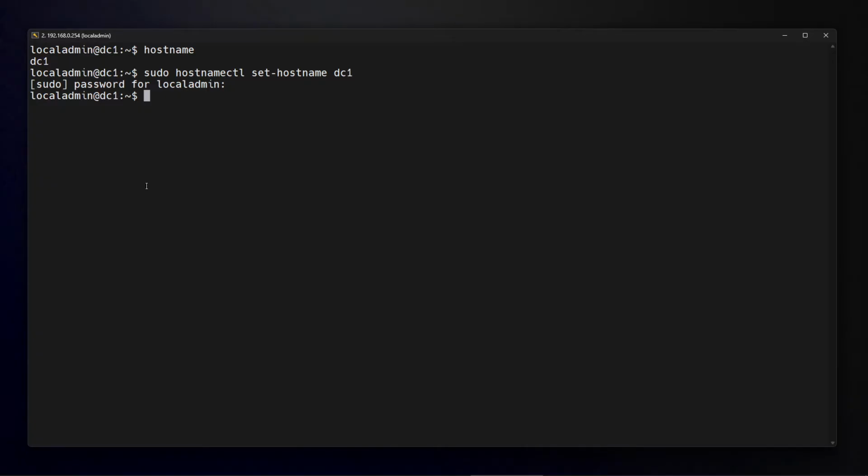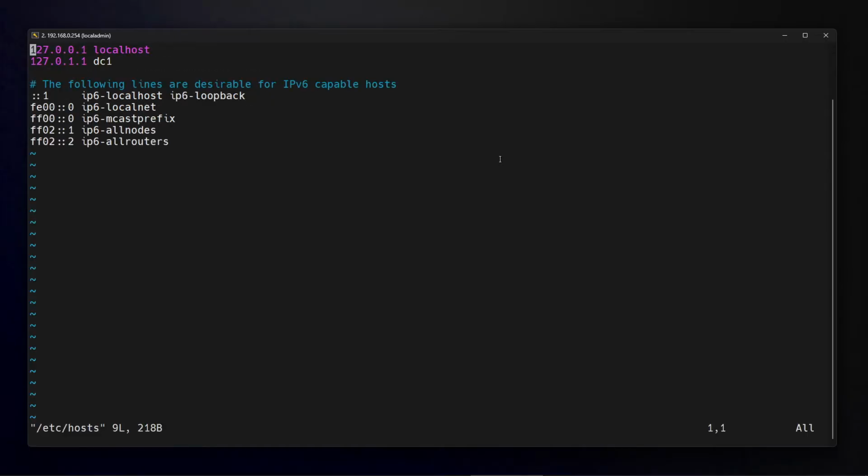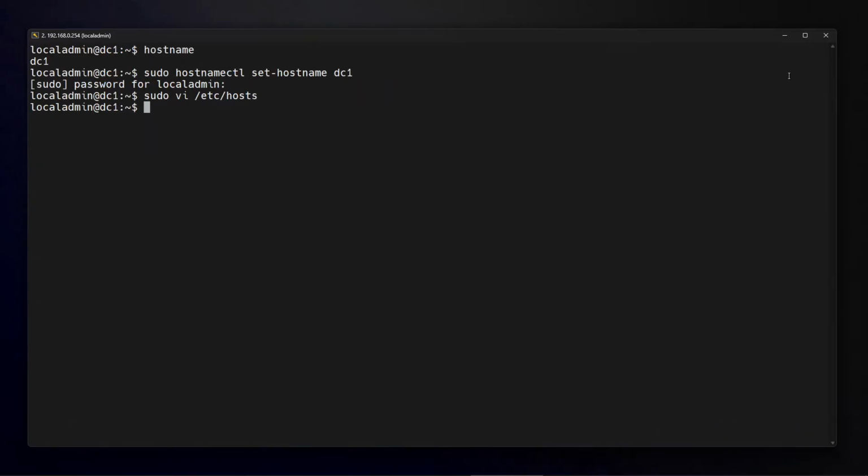So let's take a look here. Again, we're going to use the sudo command to vi /etc/hosts. We're going to delete this line here because we do not need it. And then we're going to paste in our IP address and our full domain name, the FQDN, fully qualified domain name, as well as our short name in there. Okay. Now we can verify that by typing in hostname -f,